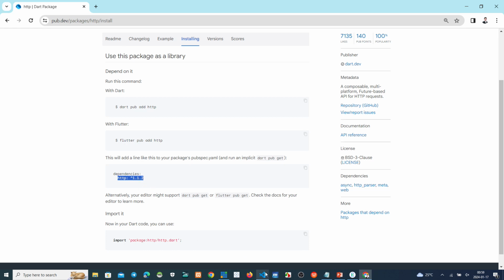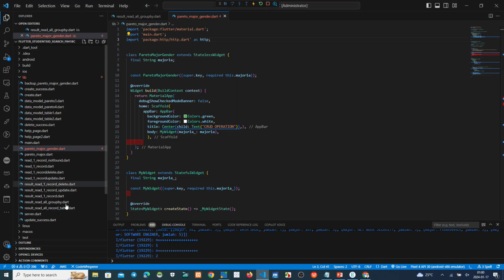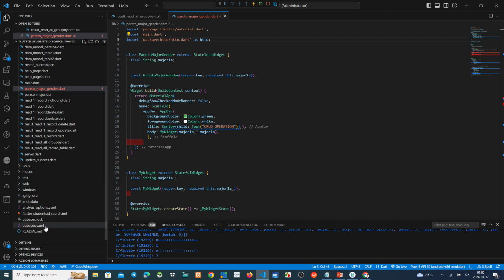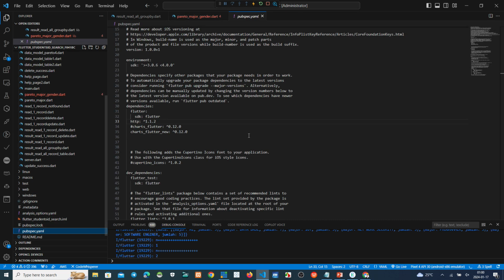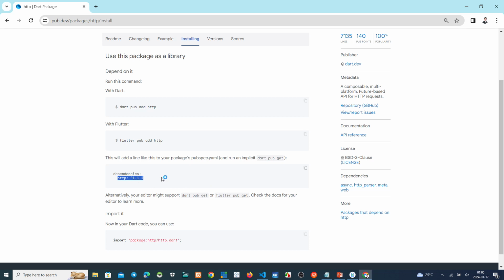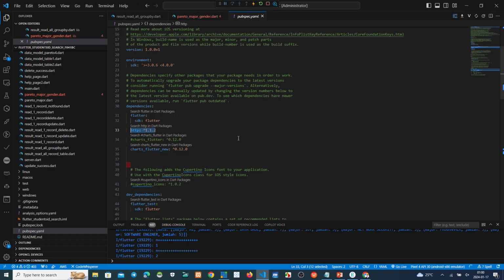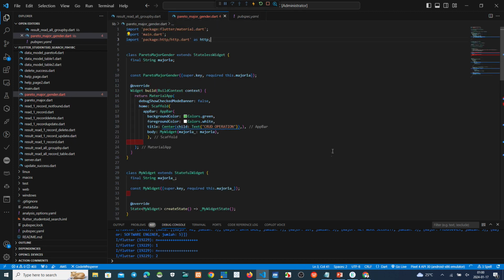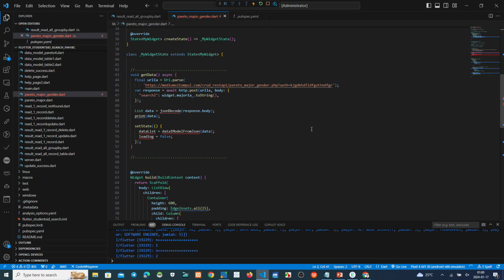Yeah, we have copied before. This one, dependency. This one, HTTP 1.1.2, same like this. 1.1.2. We have copied from this to the script. Okay. And then we see again where is the red color.